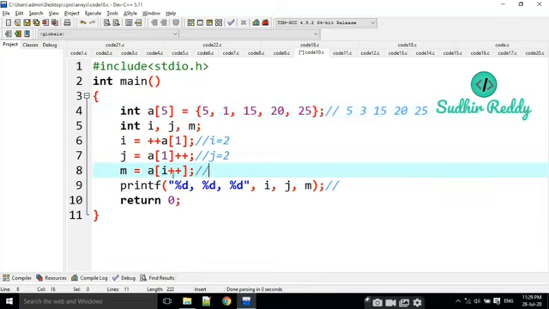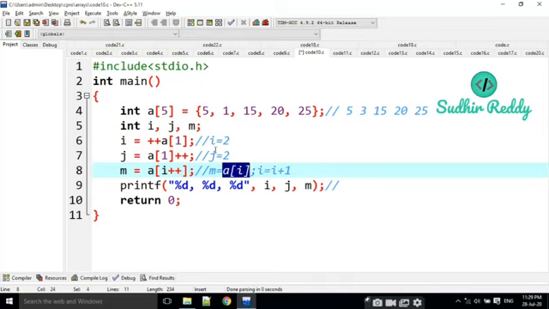Then A of I plus plus. This is the post increment. Now it is going to be like this: A of I, then I plus 1. First of all, what is the A of I value?